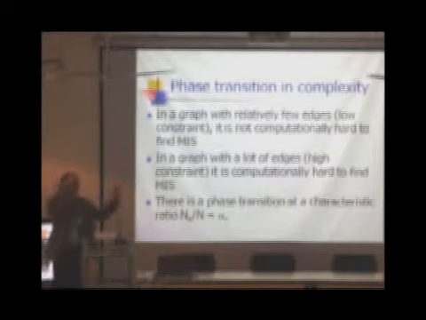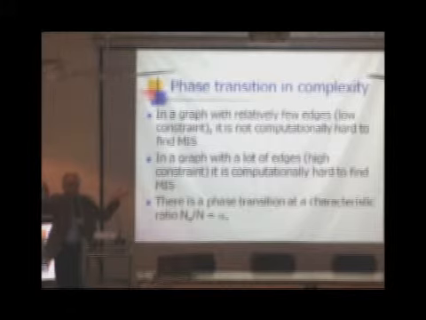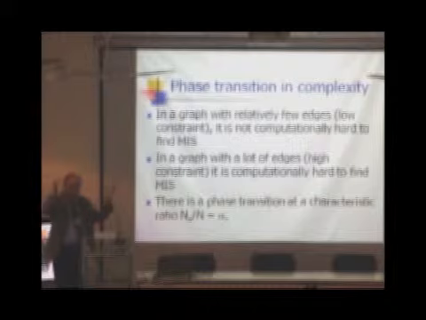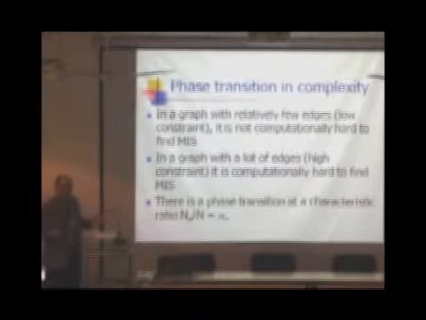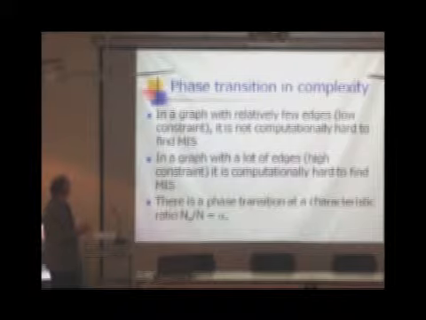So if you have a set of independent nodes, there's no constraints. It's easy just to say each node is independent. Once you have subgraphs that are highly connected, those subgraphs make it hard. So as the connectivity of a graph increases, the computational complexity increases. And in fact, in the maximum independent set,